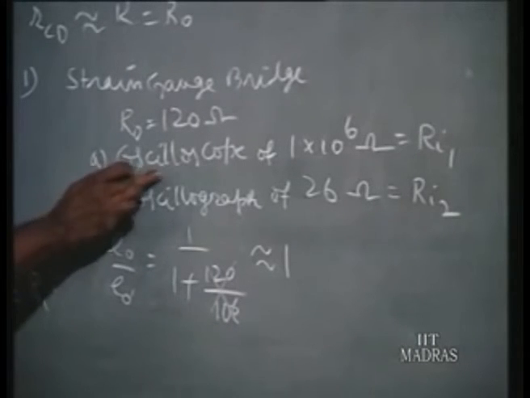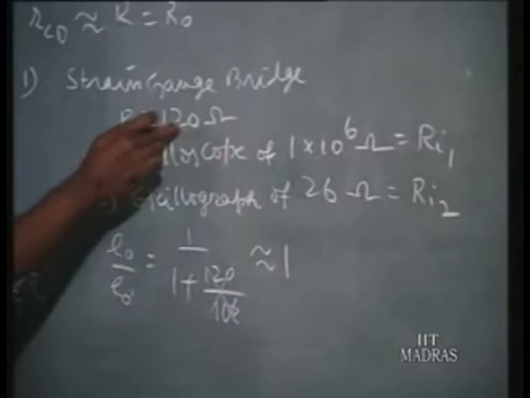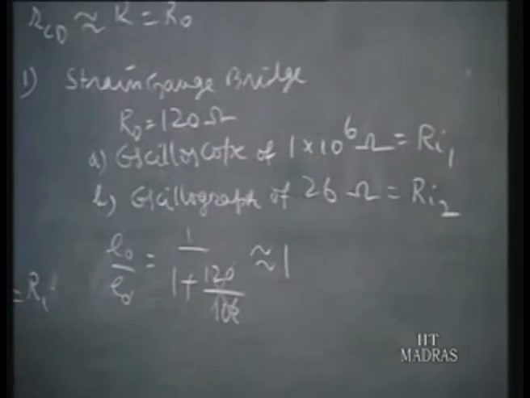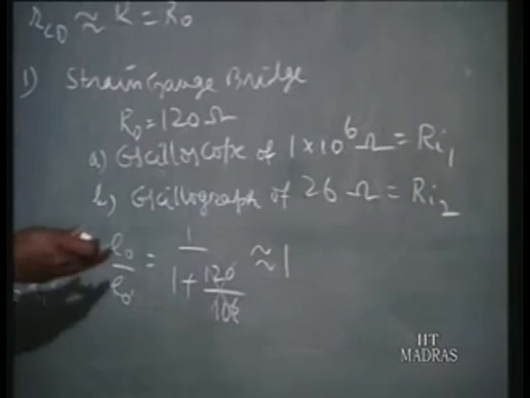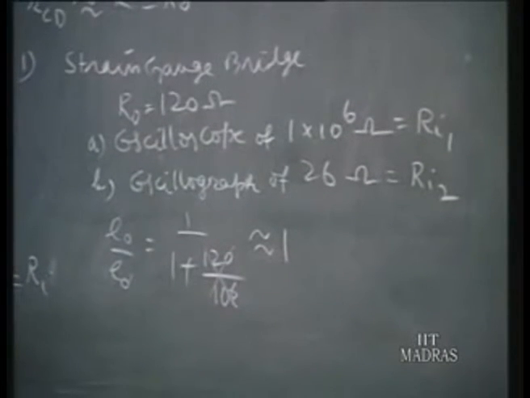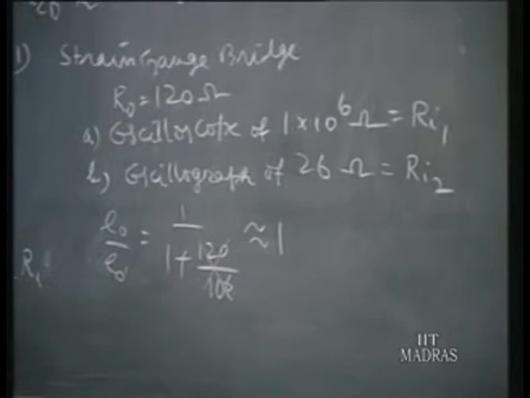So in the case of the oscilloscope, since the input resistance is much larger than the output resistance, 10 to the power 6 means near about 10 to the power 4 or 10,000 times or somewhere like that. We want only 10 times, and it is much more than this. So in such instances the loading effect is negligible. That is what is demonstrated here.